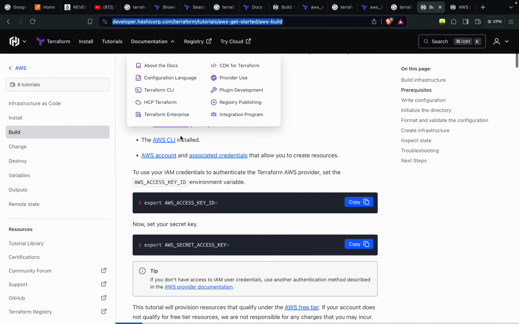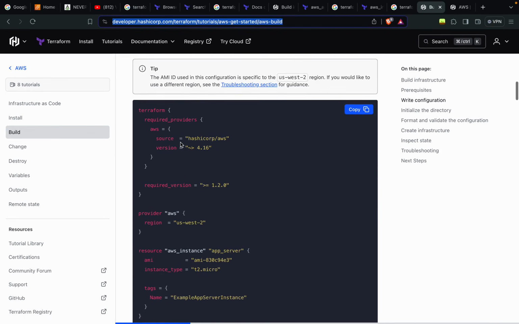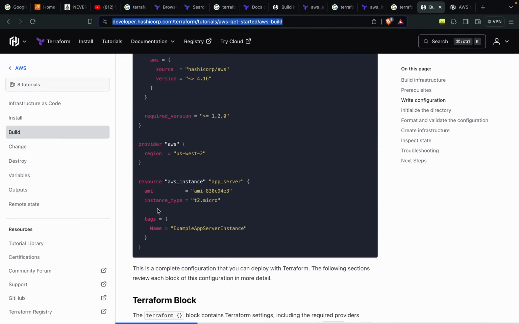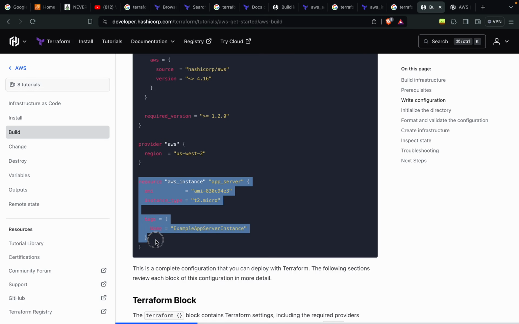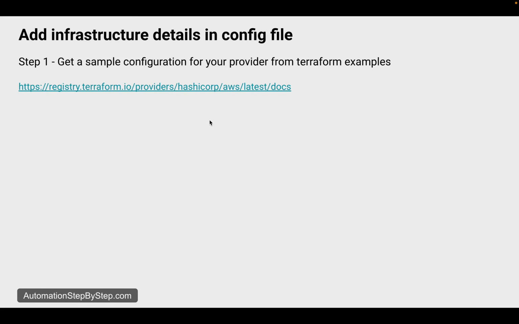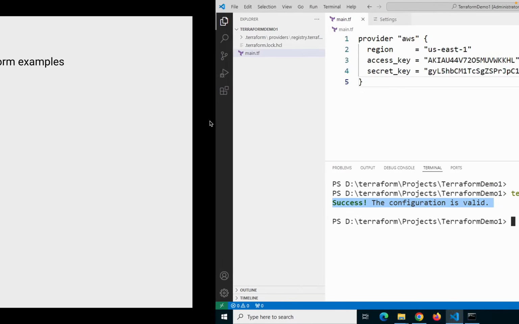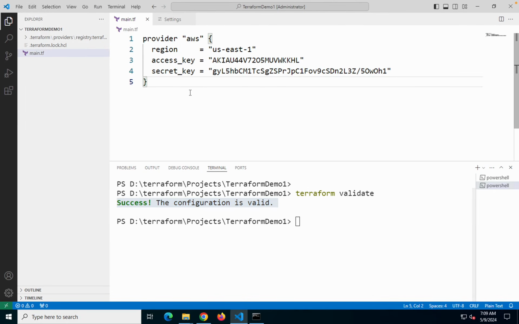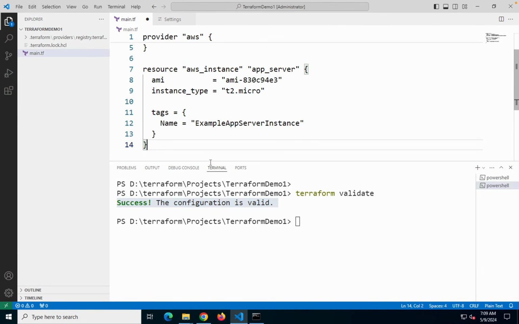And here you will find the code that we can use for creating a virtual machine. So this is the code, you can see this is what we can use to create a virtual machine on AWS, and this is what I will use. Okay, so here in the same file I will go to the next line and copy and paste this,